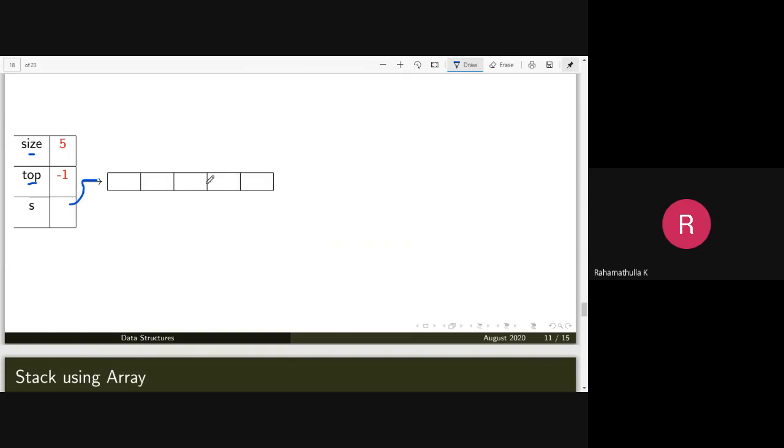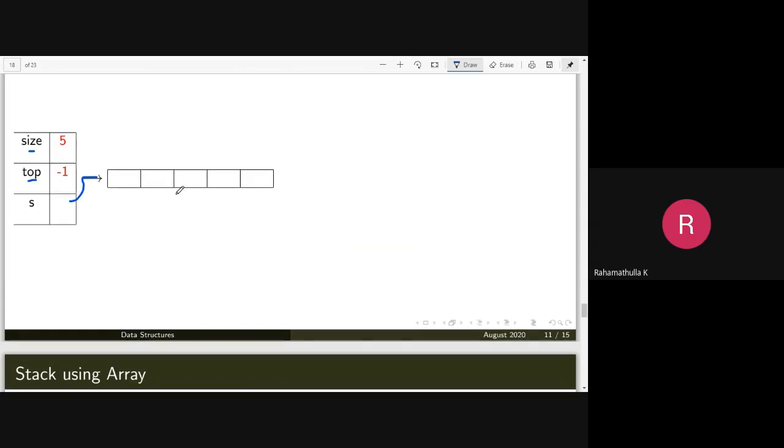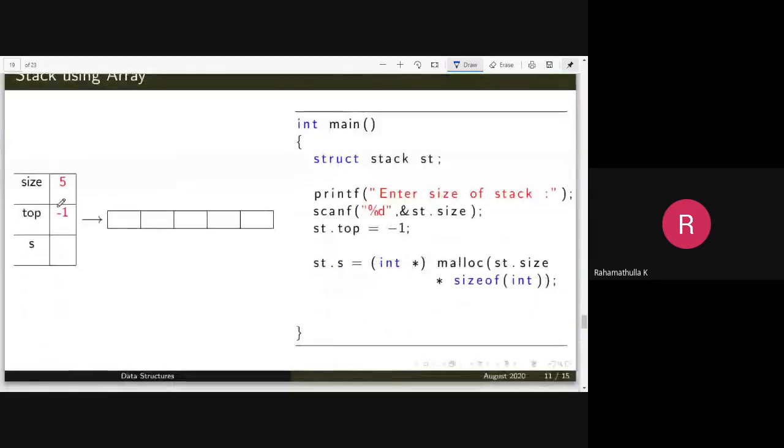So inside your memory, the stack looks like this, whatever implementation we have done so far. This is our stack. We have seen the stack structure: it has components size, top, and s pointer to this array. Initially, you read the size of the stack, st dot size. You created a stack variable st, then st dot size, then set st dot top equal to -1.